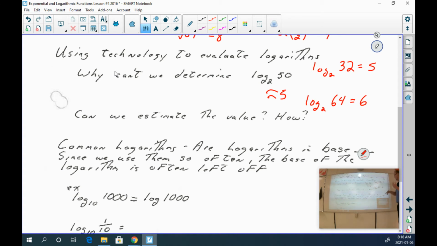Well, I'm closer to 64 than I am to 32, so I'm going to take an estimated guess at about 5.5. So we can't determine log base 2 of 50 exactly right now, but we can get an estimation for it. And my estimation is